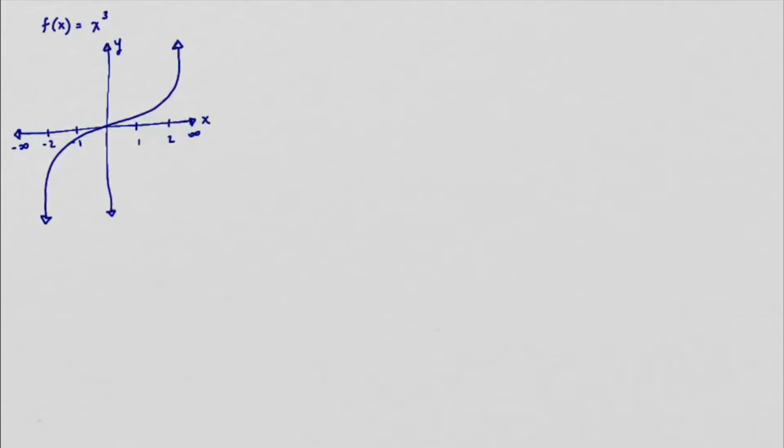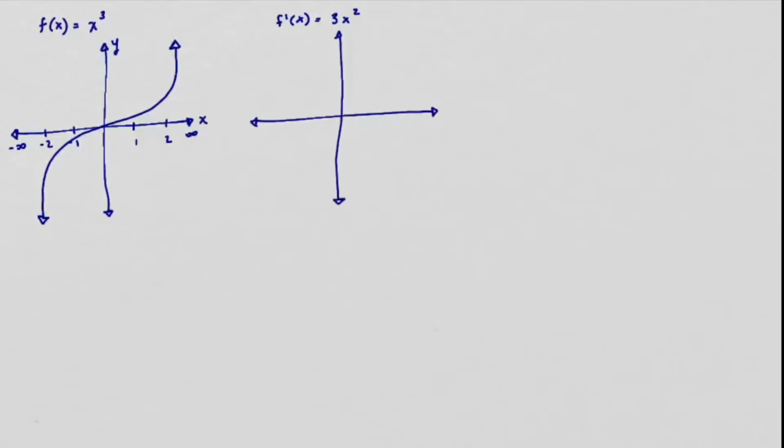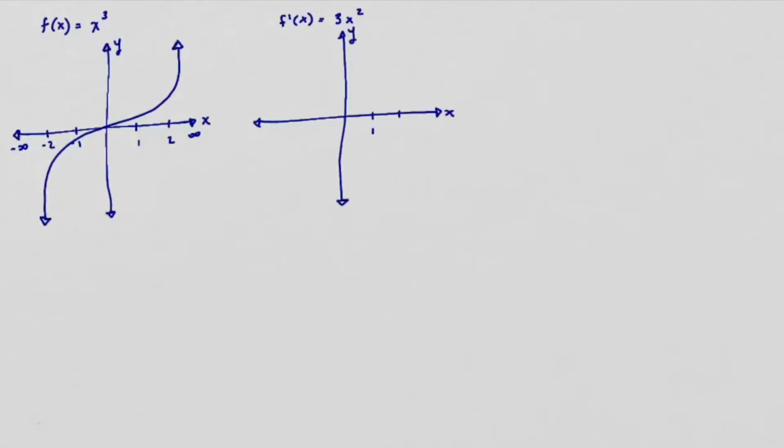So from this we have to draw the derivative graph. So let's first take the derivative, which is equal to 3x squared. Now let's just draw our graph once again and label everything. And you always want to make sure you have the same x values, just so it's easier for you to